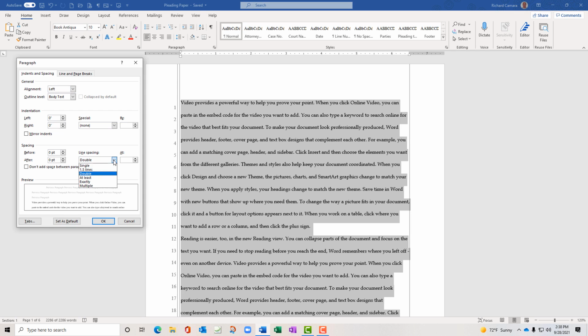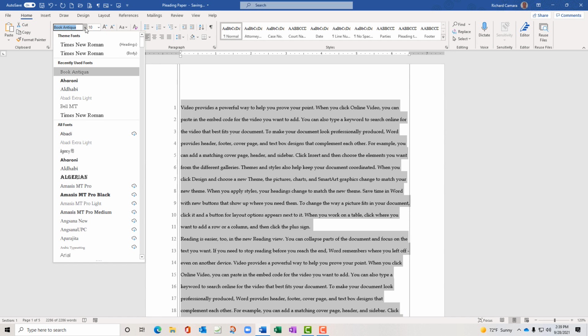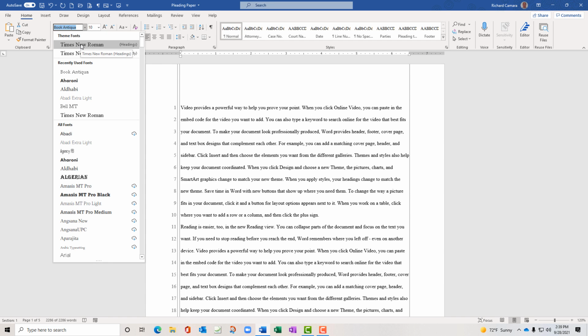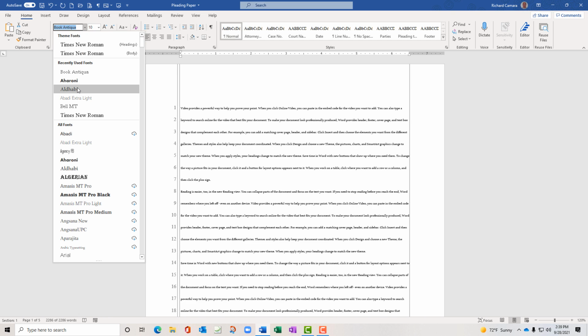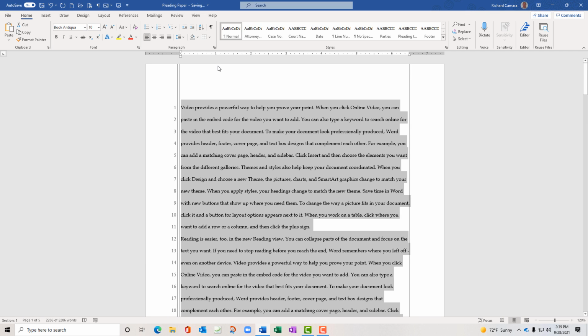Change that also to exactly 24 point. And we'll click OK. And you can see that the lines add up. And see we're in Book Antigua, where they didn't change it back to Times New Roman, or change it to Al Dhabi a little bit, or change it to Algerian. So just visually looking at that, you can see that that's the basic setup of lining the text